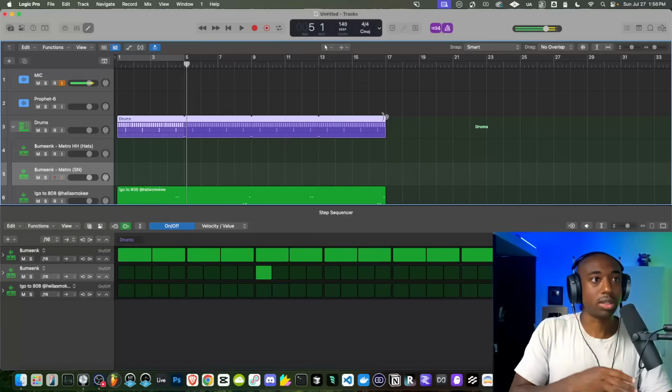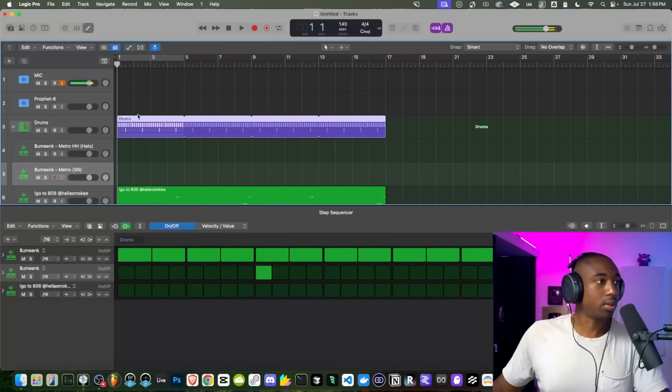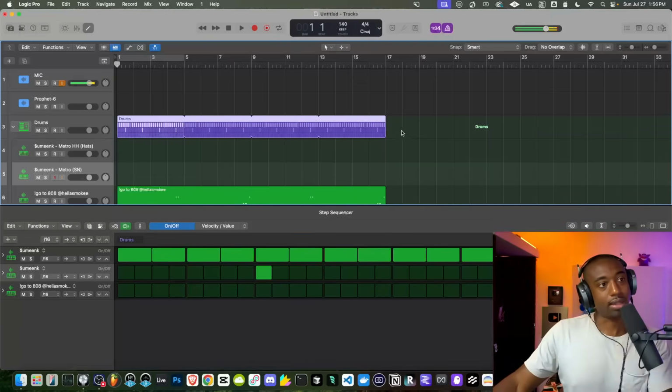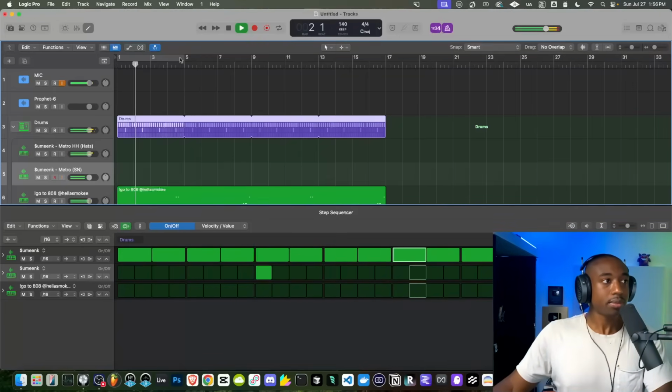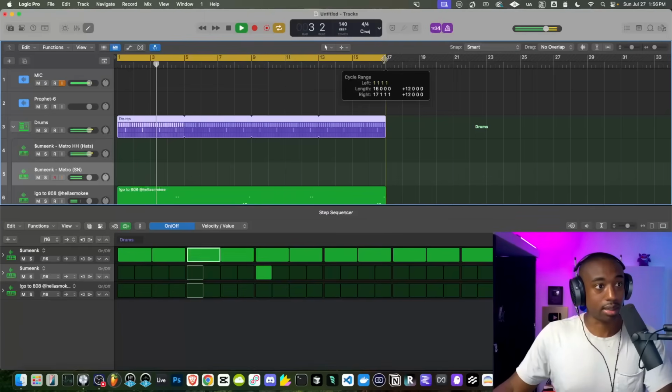Sometimes with the drums, you don't want to just loop everything over and over. So I wouldn't get in the habit of doing that. But if you guys know your hi-hats aren't going to change, then you could just drag and drop or drag it. So I know in this case, we're not going to change the hi-hat like that.